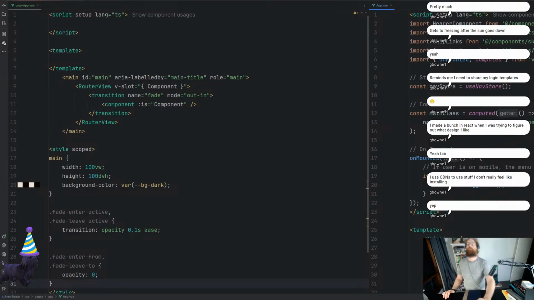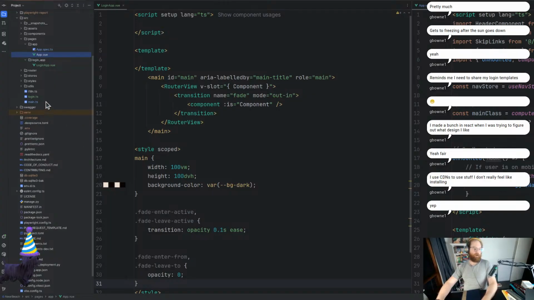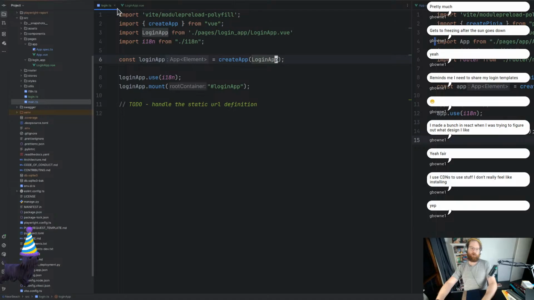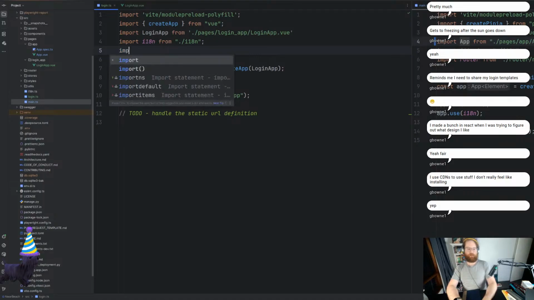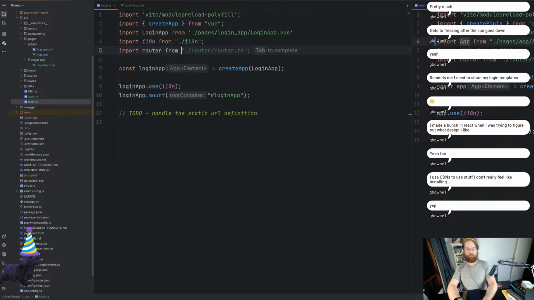I'm going to scroll up, realize that, yeah, we're missing quite a lot for this. So I know that under login TS and main TS, we're missing stuff. So I'm going to put login over here. So we've got the create app. We don't need Pinia. We've got the create app. We've got the import app. Yep, which we're doing. We've got the internationalization. We don't have the router, so we're going to import router from